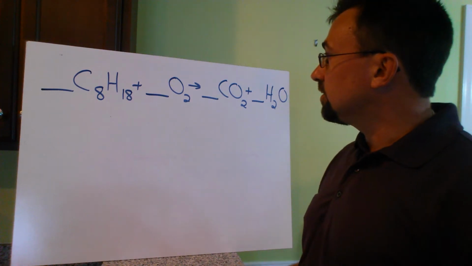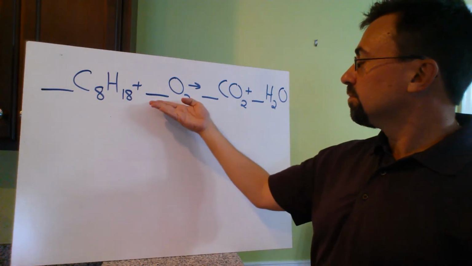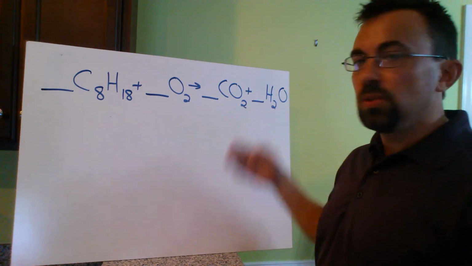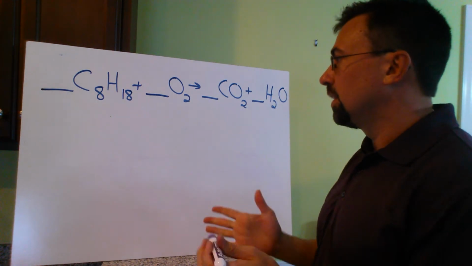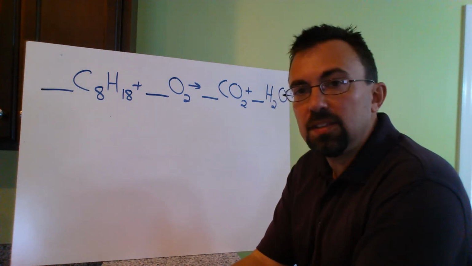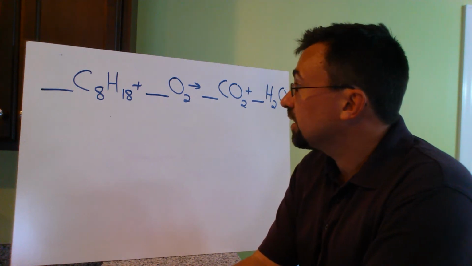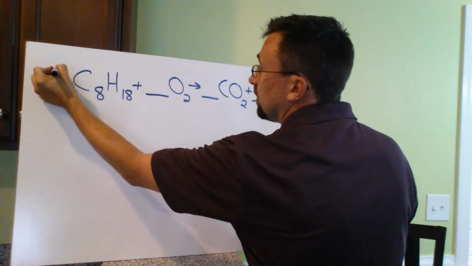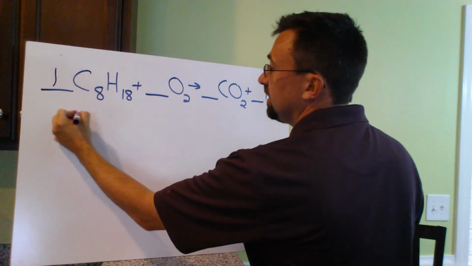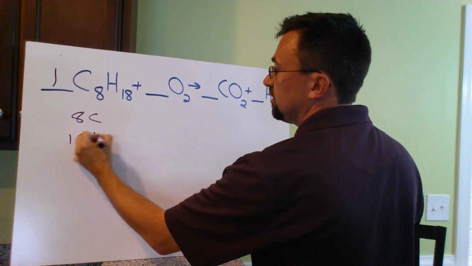Let's take our car engine. Let's throw some octane, light it up, get CO2 and water out the tailpipe. All right, I think it's pretty obvious what the largest atom or molecule is up here. The largest molecule is this guy up here up front. So let's put a 1 in front, do our tally, 8 carbons, 18 hydrogens,